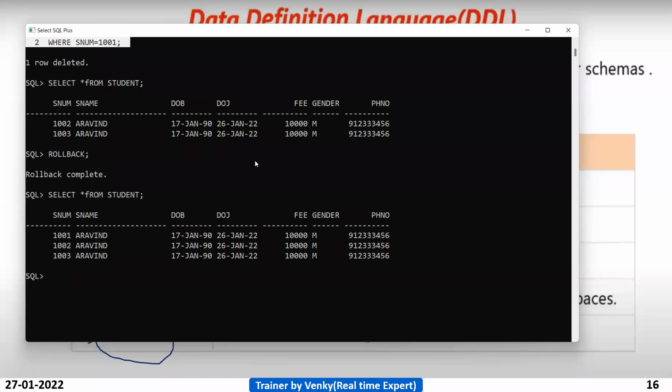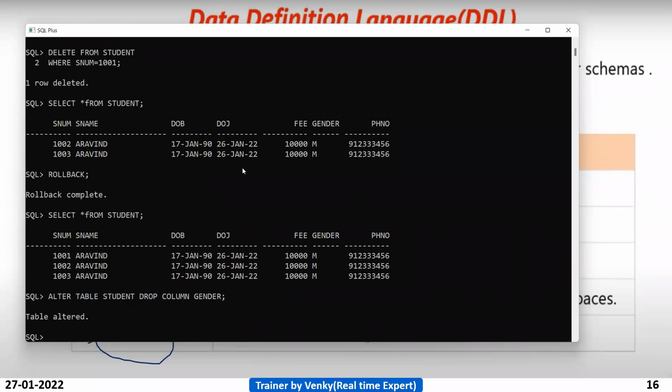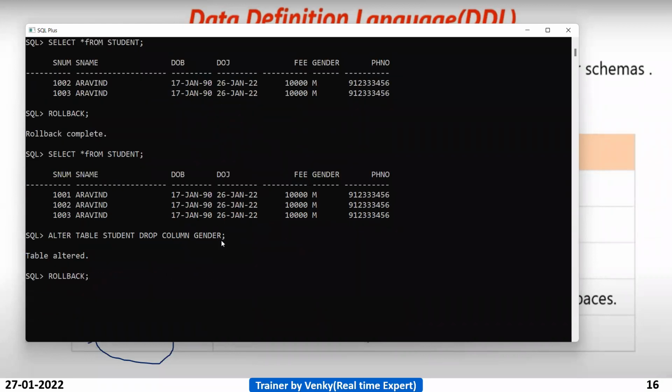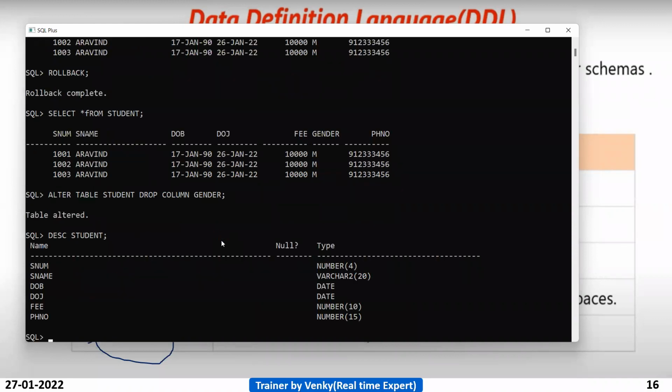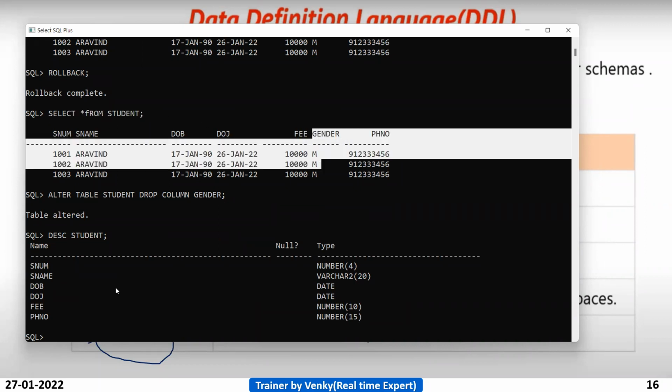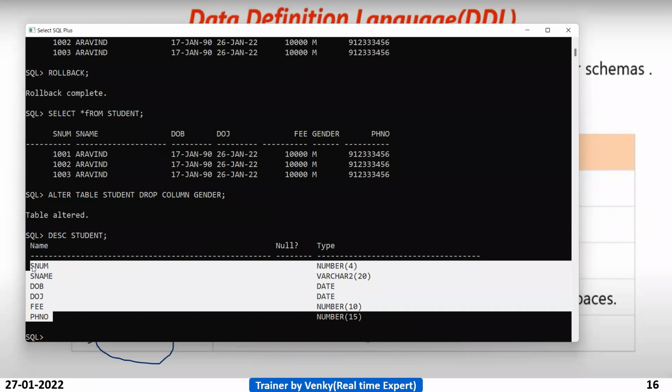For example, we altered one thing. We dropped one column. Now try to drop the column gender. See, the table is altered. Now describe the table. Is there any gender column when you fetch the data?